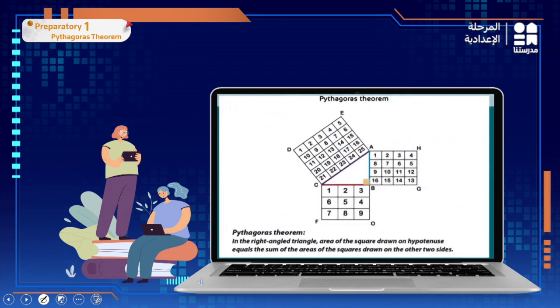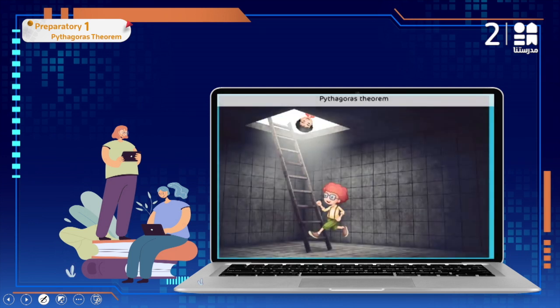If we move the first shape, we will note that Pythagoras Theorem, which states that the right-angle triangle area of the square drawn on the hypotenuse equals the sum of the area of the squares drawn on the other two sides. Now they are able to get out of the escape room game, and we will have more exercises on